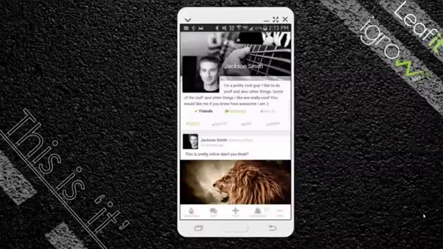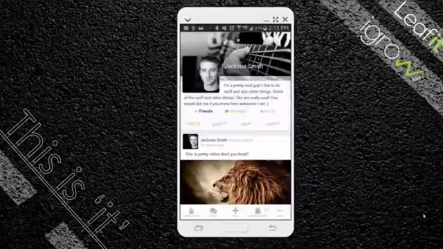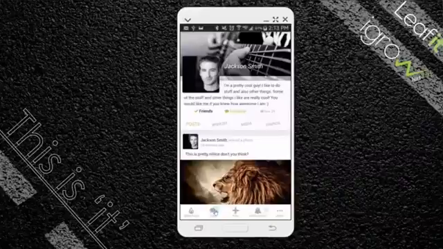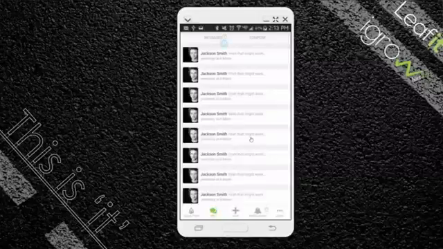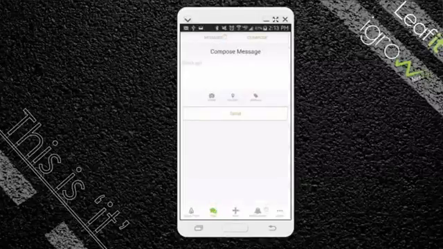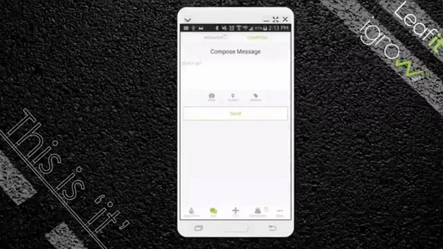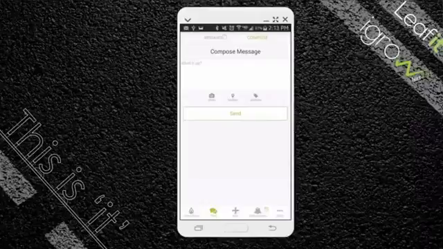Next, we're going to go to the chat section, and this is where you will basically line up conversations with people, check conversations, or get notifications of any conversations going on, and so forth. There's something really unique about this as well. Mike, do you want to click on Compose? Now, this section isn't quite done because you'll have to be able to enter the people that you want to message and then enter what you're messaging them.